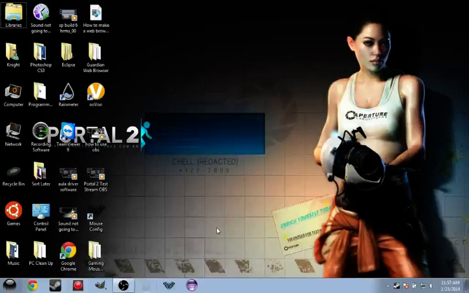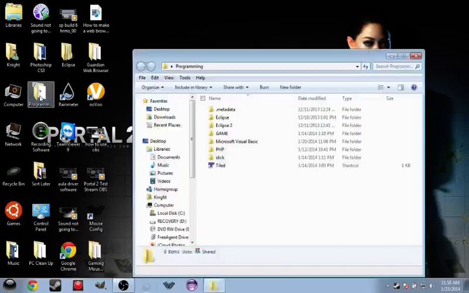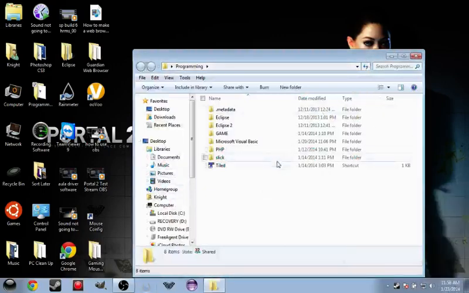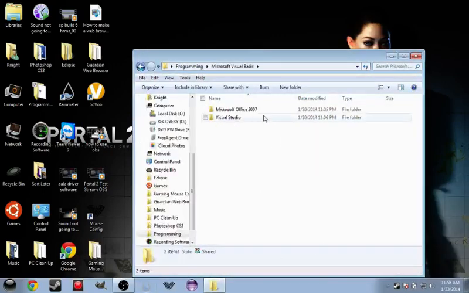Today I'm going to be showing you how to create a very basic web browser in your Visual Studio, whatever year it may be. I would go at least 2010, which is the one I'm using, although it is now January 23rd, 2014. Even though it's already January of 2014, I'm still using the 2010 version because